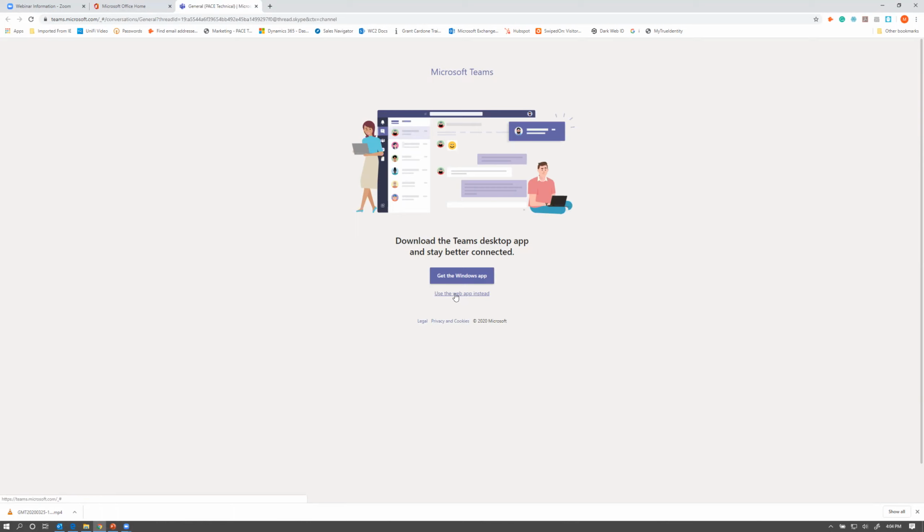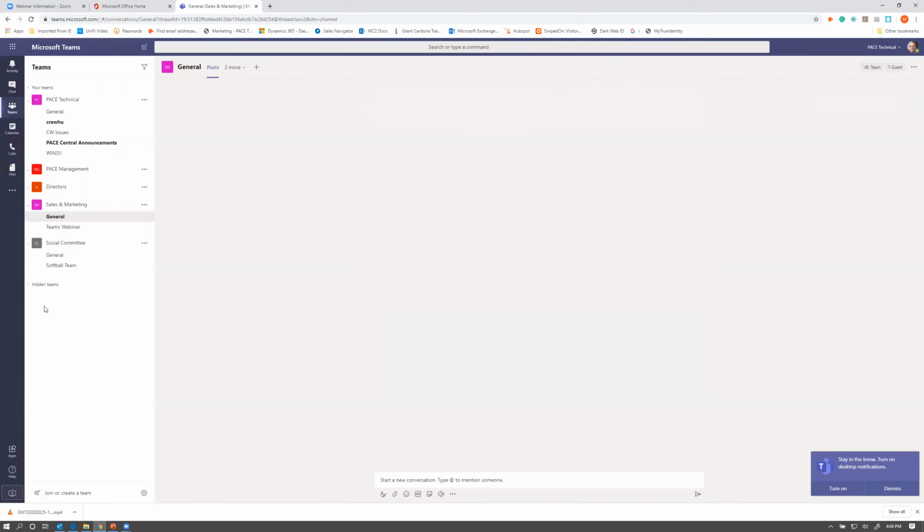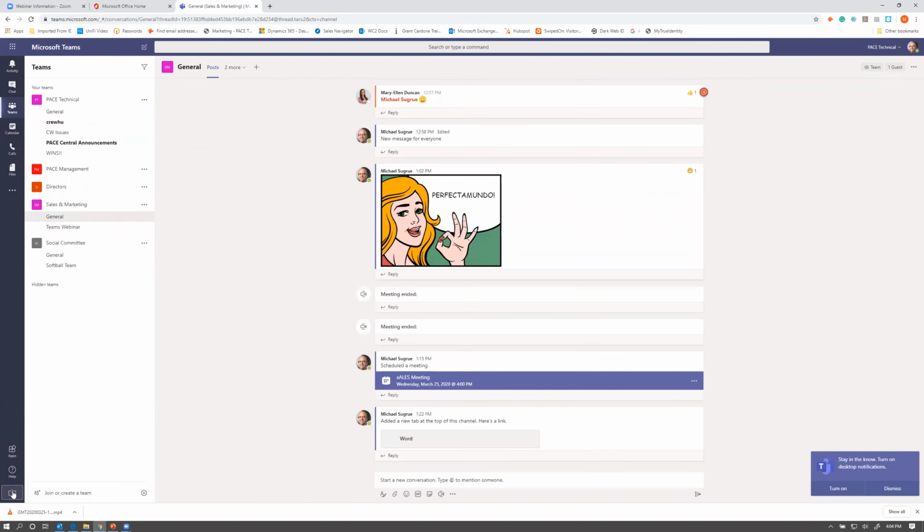So if you click here, I can just use the web app instead, and it brings that up. Even if you get in here and you haven't downloaded the desktop app yet, if you see this icon down here in the lower left, it says download desktop app. Pretty easy, download it, just go through the menus and then log in, and it works just fine.